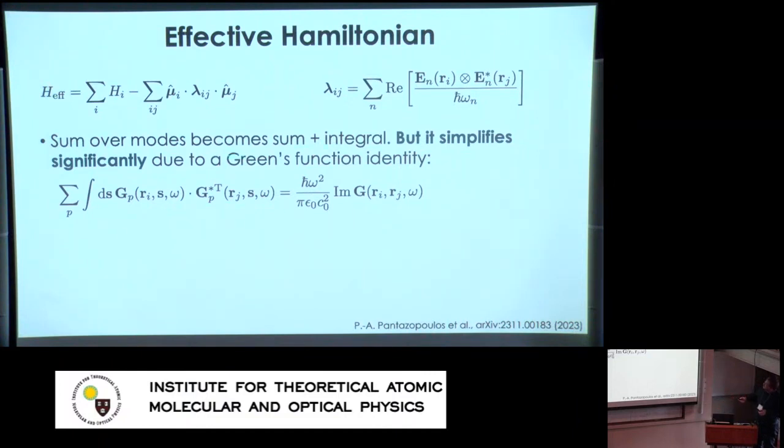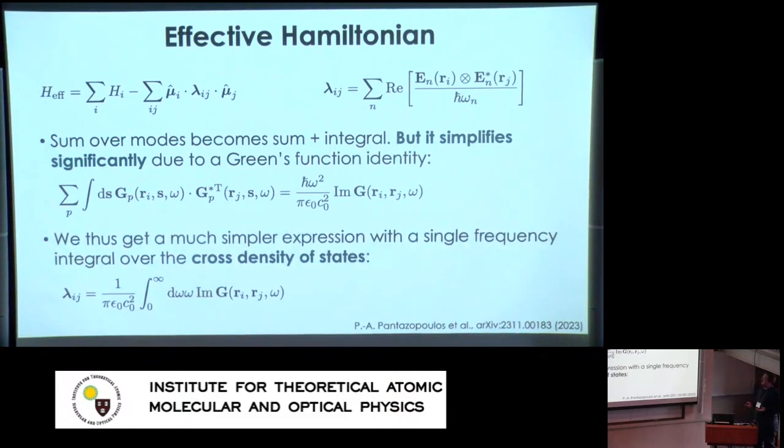directions. But I have this really nice identity that shows up basically always in microscopic QED: if I have this integral and sum over the internal points of two Green's functions, I get back just the imaginary part of the Green's function at that same frequency from point R_i to point R_j. So integrating over that point S, summing over these integrals, makes a huge amount of my sum drop out. And I get as the effective interaction a much simpler expression where I have just a single